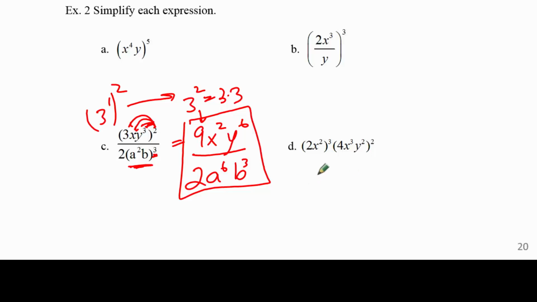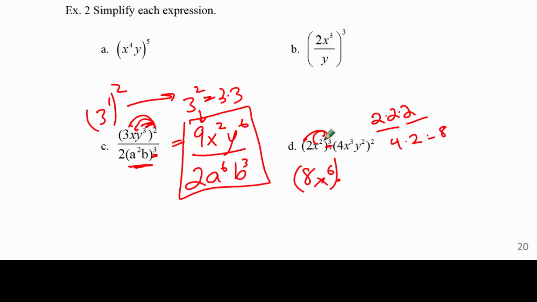Alright, let's try D here. So, order of operations. You can't distribute between the 2 and the 4 yet. You have to do exponents before you can multiply. So, 2 to the third is 2 times 2 times 2. That's what this 2 to the third is. It's not 6, it's 8. That's 4 times another 2 is 8. Alright, and then when you take 3 times x squared, that's x to the 6, times,